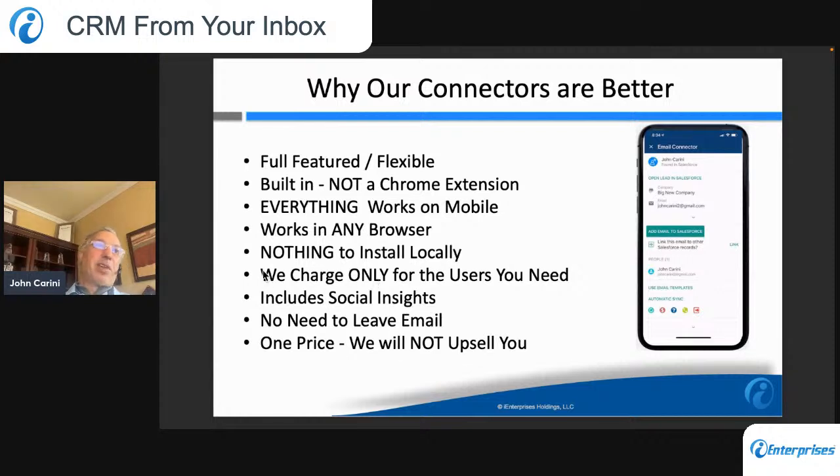Anyway, that goes back to nothing to install locally. You can deploy this for all your users at once, or you can deploy it one at a time. But the bottom line is it doesn't live on your local PC. It lives in the cloud, in the Gmail cloud, in the Outlook cloud. We include portions of social insights in it. And the bottom line is you don't need to leave your email. You can use your CRM, Salesforce, or whatever it may be,